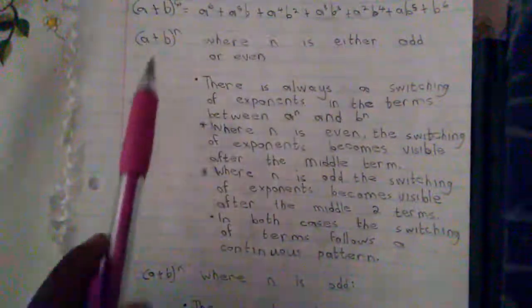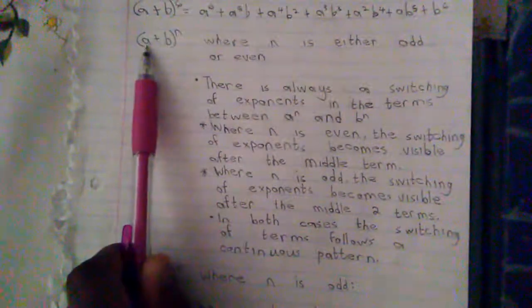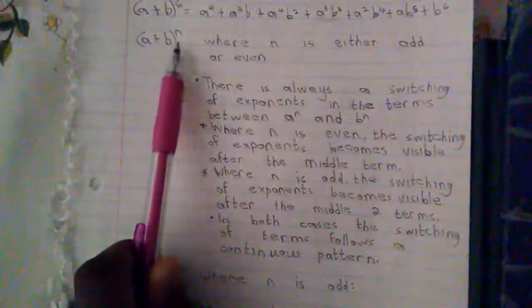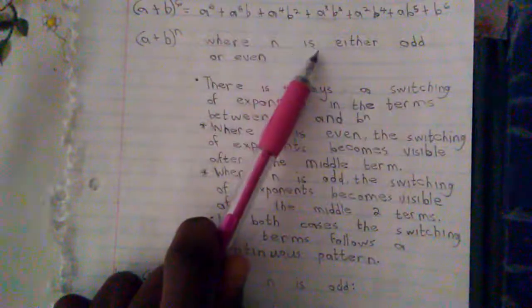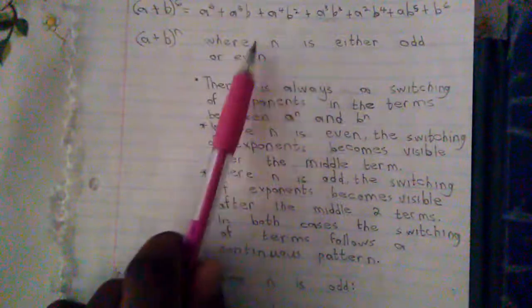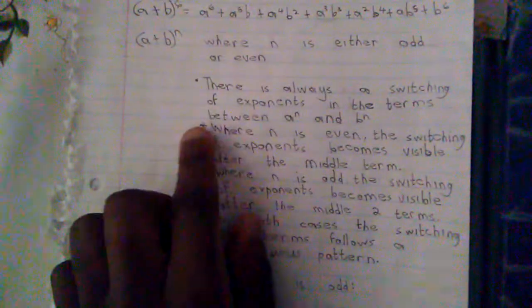So now let us look at this pattern in detail once again. Let us look at this statement, a plus b to the power n. Where n is either odd or even, there's always a